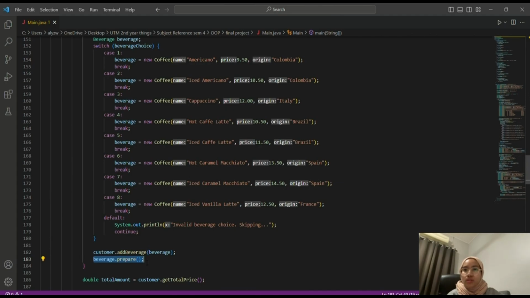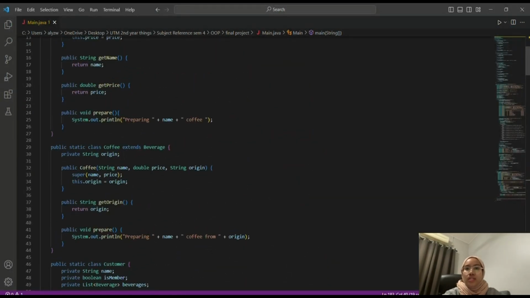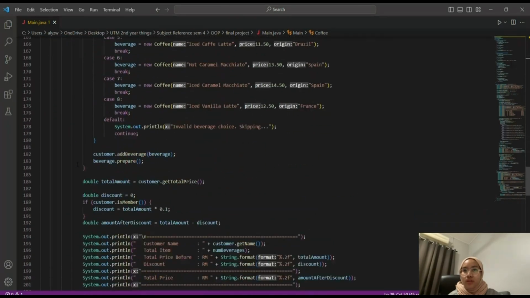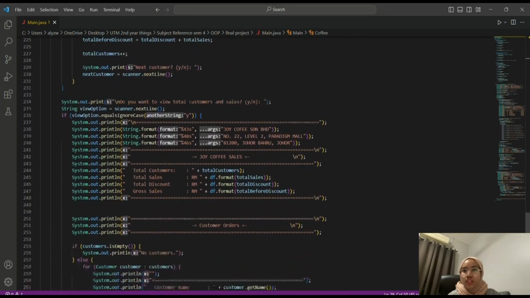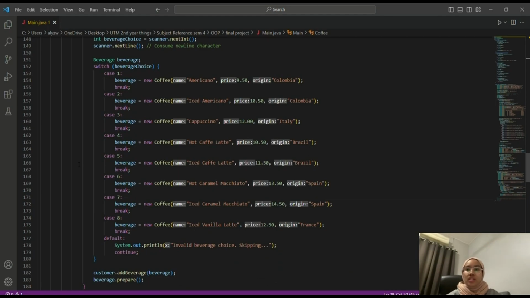So to summarize, the code showcases encapsulation by using private instance variables in the Coffee class. It demonstrates inheritance by extending the Beverage class to inherit its attributes and methods. Furthermore, it showcases polymorphism by storing different types of coffee objects in a variable of type Beverage and calling methods that are polymorphic in nature. I hope this comprehensive explanation clarifies the significance of encapsulation, inheritance, and polymorphism